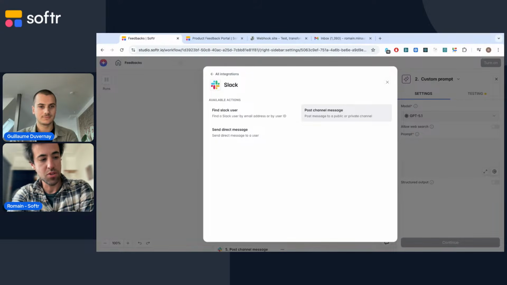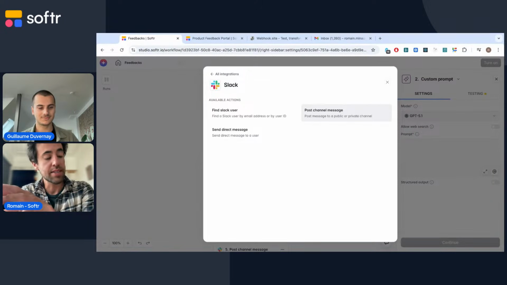And on this topic, we are going to release at the end of this week a new Slack action for sending interactive messages that allows human in the loop. If you have time at the end, I'll show you a quick demo of that. It will give you the ability to send a message that contains action buttons, and then to react to the user pressing those buttons. Typically you could have an approval flow with an approve or reject button, and based on the response of the user, you can have a workflow that takes this into account.